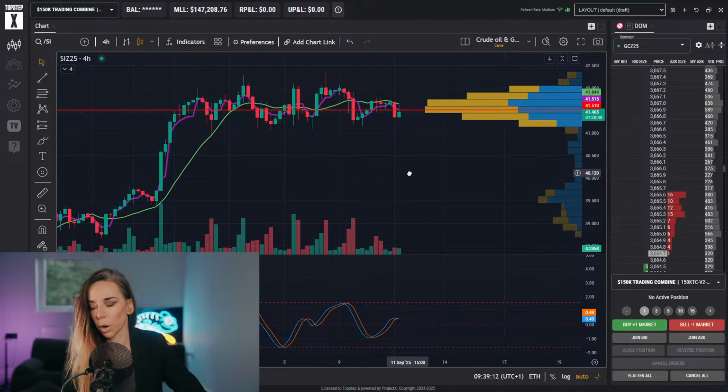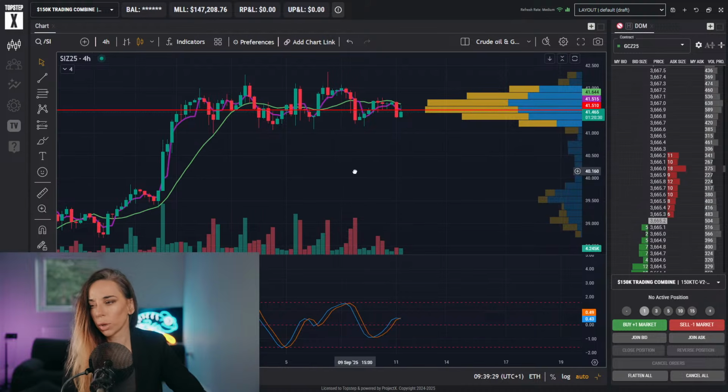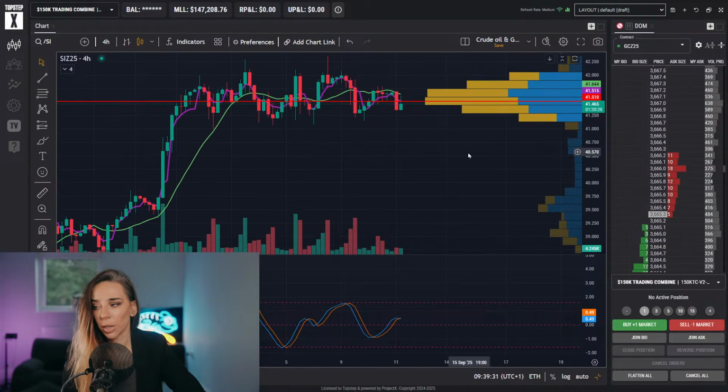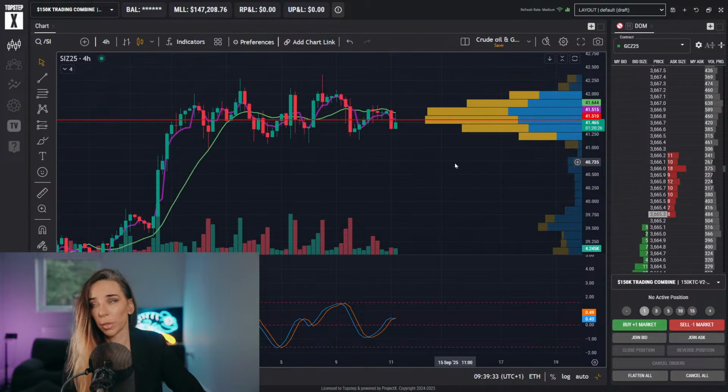This is just the basic market structure. This is how I always start things. So on large time frames, I have a look at whether we have any obvious reversal patterns, whether it's consolidating, whether it's trending, just to get that big time frame context. And then we start to drill into these lower time frames. And yes, 4 hour for me would be more of an intraday time frame, where you can definitely find ways to position yourself in many different ways